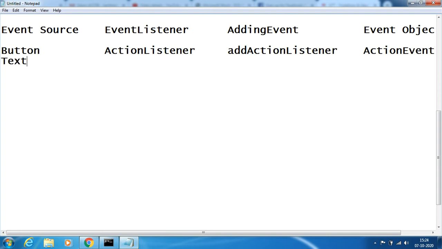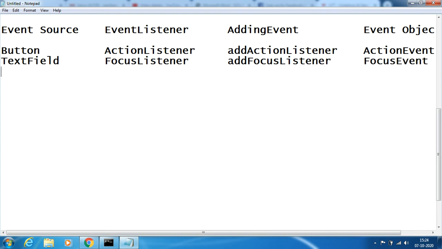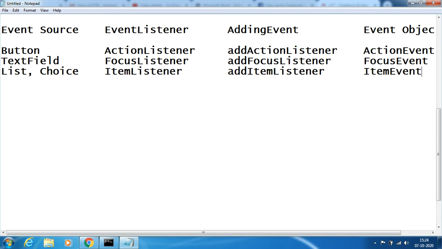In the same manner, a text field needs to be focused. Focus listener, add focus listener, and focus event. Take list or choice. What do I have to take? Item listener, add item listener and item event.